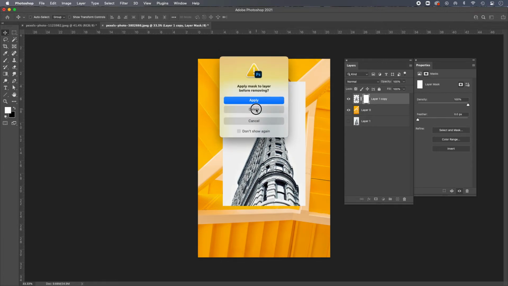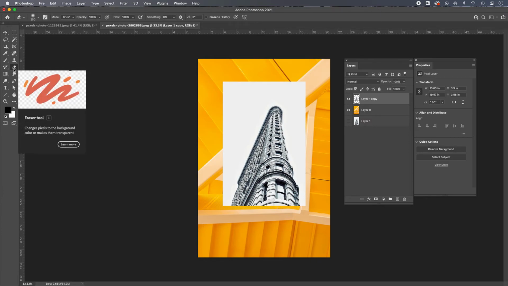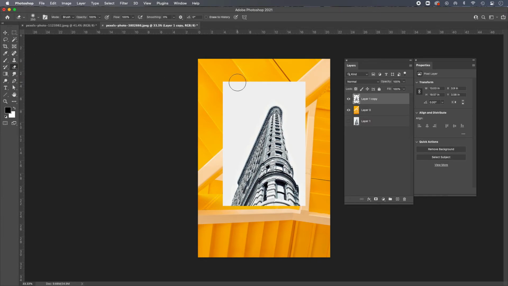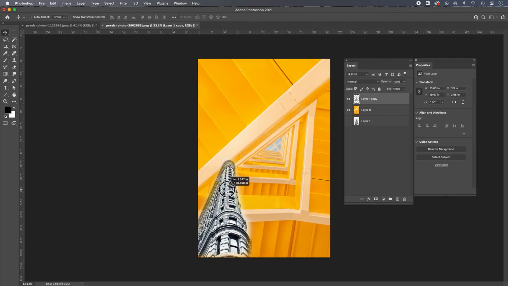So I'll delete that mask, and I'll go to my eraser tool here, which I really try not to use in Photoshop, but I'm going to use it here. It's acting as a brush. It has the same brush settings up at the top here, and I'm getting rid of all this, and that's erasing. I just erased that content. Go to my move tool, move it down, and